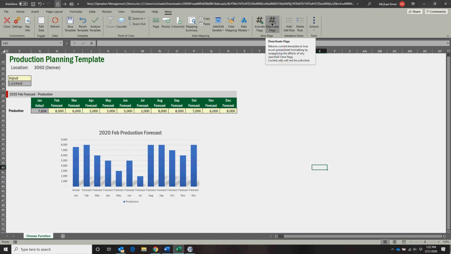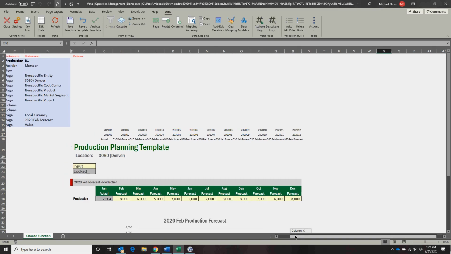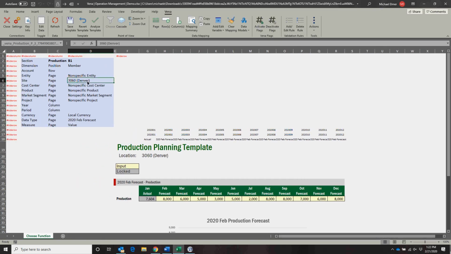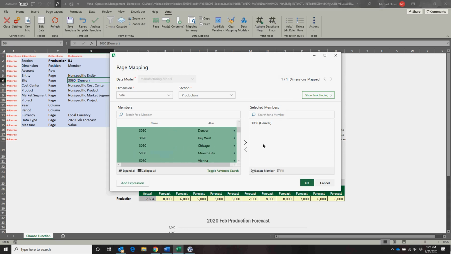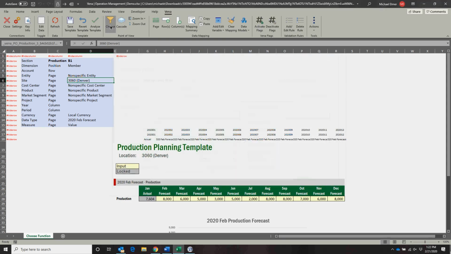So within the Vena ribbon, we're going to deactivate flags, scroll over to the left to the site location, and because it's located on the page filter, we're going to come up to page, right-click on sites, bottom level, and static to highlight all the available locations. Bring it over to the right, select OK, and you can see up in the ribbon that the choose function